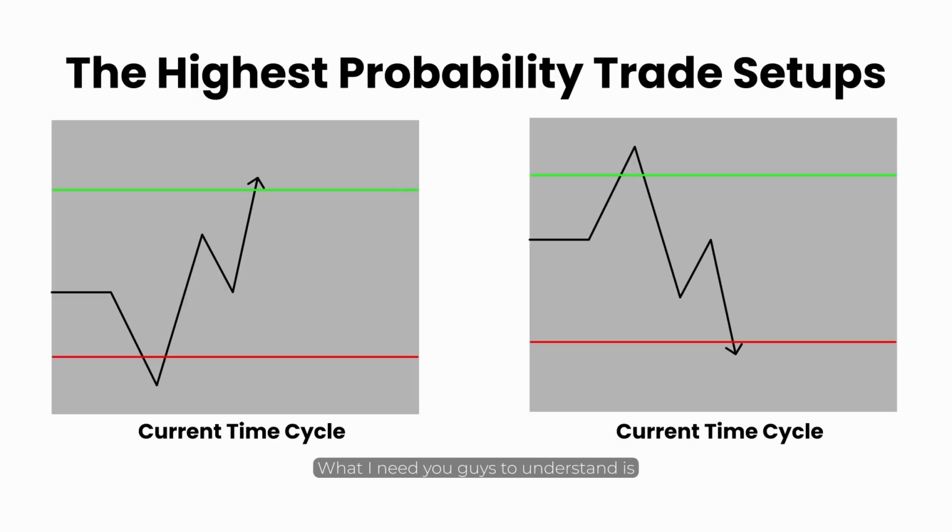What I need you guys to understand is that what I've drawn for you in these schematics is fractal, meaning this occurs on the higher time frames as well as the lower time frames. You can even go as crazy as going down all the way into the 1 minute charts, but it would also work on a daily chart, for example. All you would have to do is pay attention to a bigger time cycle and use that time cycle's respective high and low to determine the next drawn liquidity. Do you now all of a sudden understand what points of interest and what draws on liquidity to use simply by these two schematics? If you don't yet, no worries. I will touch on this more later during this lecture.